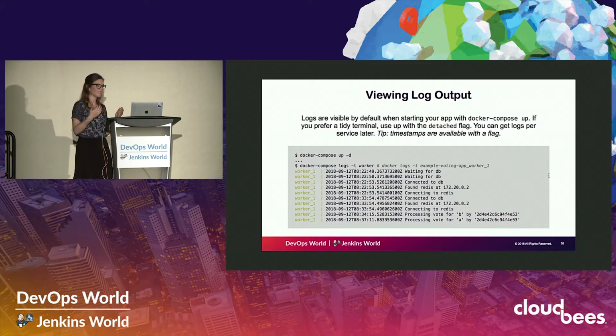Then if I need logs for a particular service, I can pass in the service name to the logs command. I can say, for example, docker compose logs worker, and the -t flag will give me the timestamps because they're not there by default. That is basically the same command as if I were to go to Docker directly and say, please give me the logs for this specific container. But because I'm not interacting with Docker directly, I want to interact with Docker Compose. I'm going to ask Docker Compose just for the logs for my particular service. You can do other things like tail or follow,